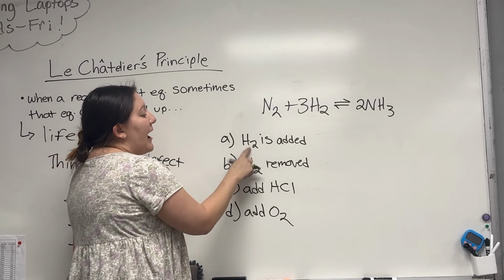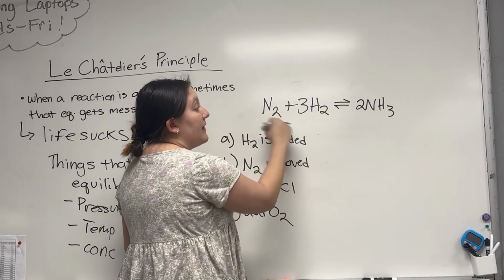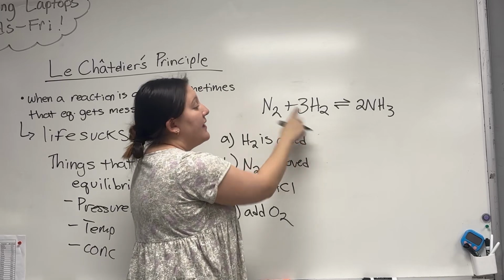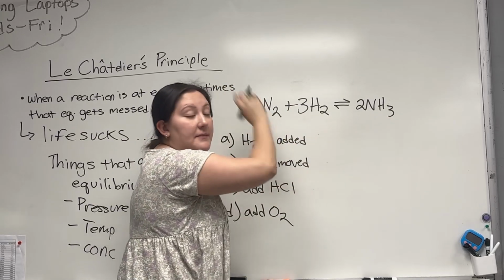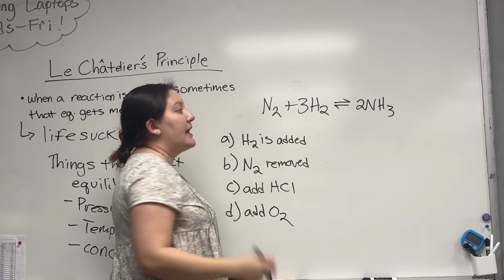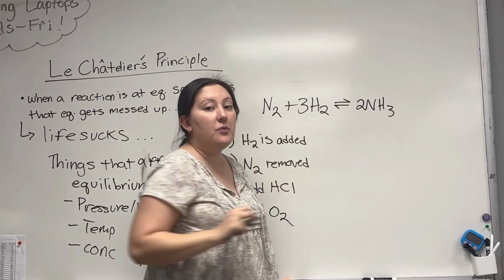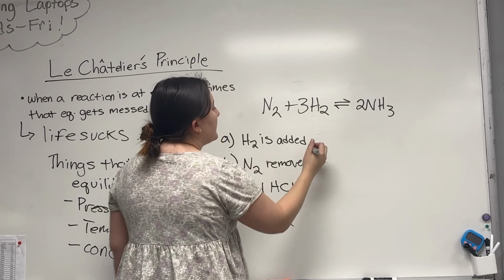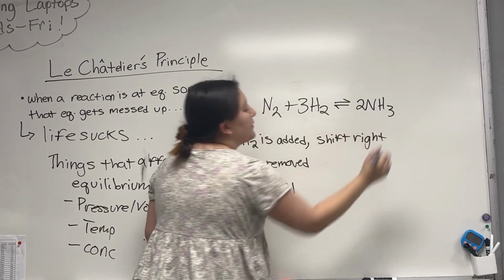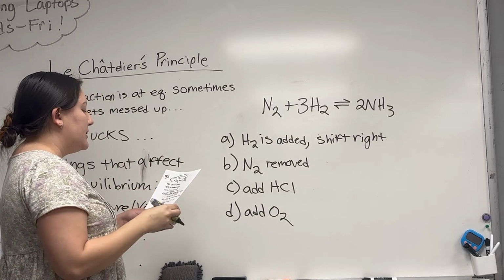All right, so if I add H2, I'm increasing this concentration right here on the left side. So I'm adding more H2, this is gonna go up. So that means that this reaction should shift to the right to make more NH3 to get rid of some of that H2 to balance it out. Okay, so if I am adding extra of this, the reaction should shift away from it to balance it out. So this should be a shift to the right. Okay, give it a pause there for a second so you can understand everything that's going on.